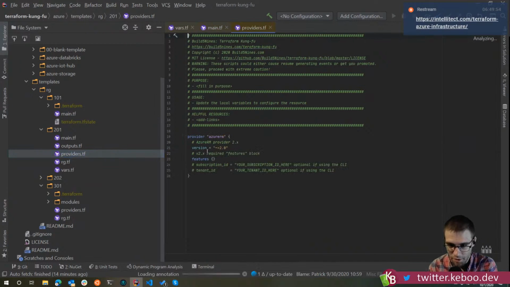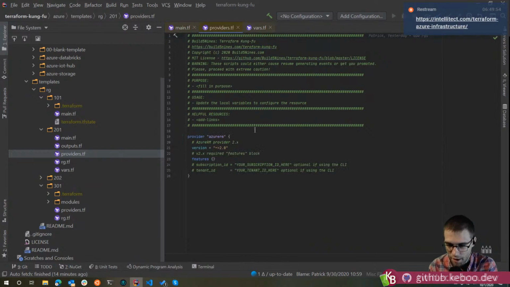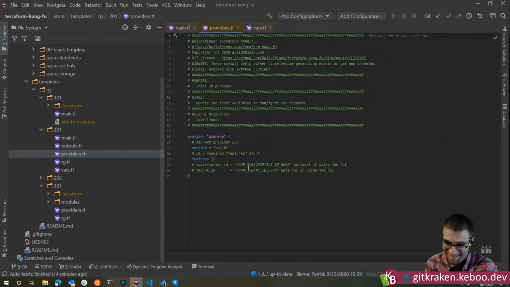There's a large number of providers. Pretty much any major cloud thing that you can name, there's a provider for. There's a bunch of providers for things like interacting with local files. There's a random provider if you just want to randomly generate pet names, for example, because that's a thing. Or maybe randomly create just a couple of digits to put on the end of the name of a resource you want to create, right?